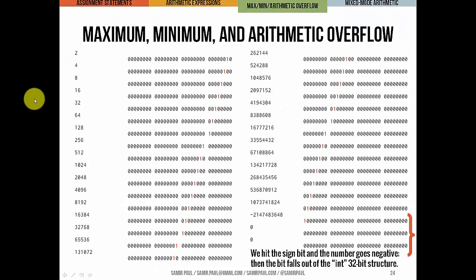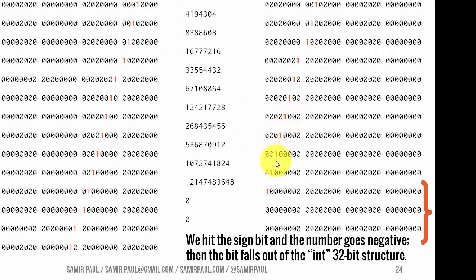So you can see it here. We start with 2, and as you can see, that's a bunch of zeros, then 1, 0. When we multiply that by 2 and we get the next power of 2, which is 4, that 1 shifts over one place. Multiplied by 2 again, the 1 shifts over again. Multiply by 2 again to get 16, the 1 shifts over again. You can follow this all the way through, come back here and wrap around at the top until we get here. Okay, well now we're at 0, 1, 0, 0, 0, 0, 0, 0, and so on.